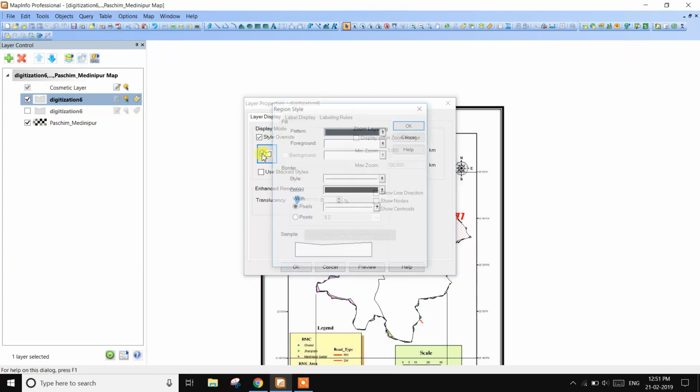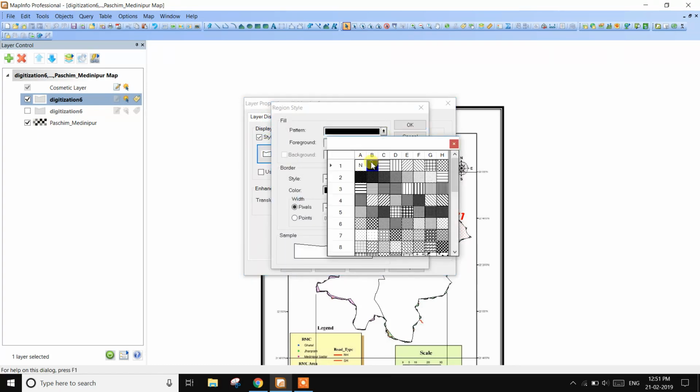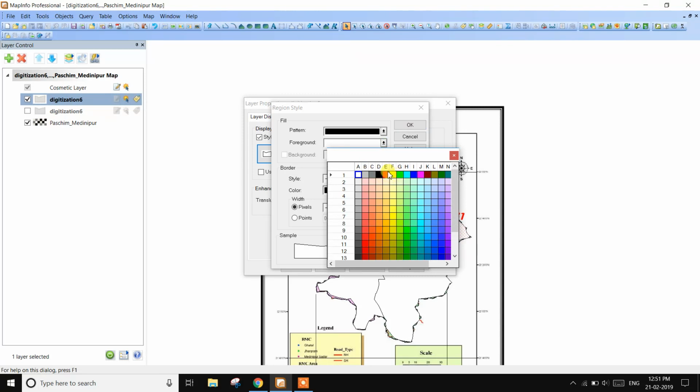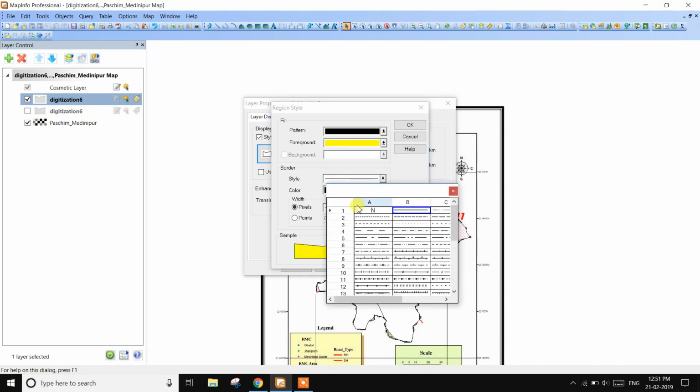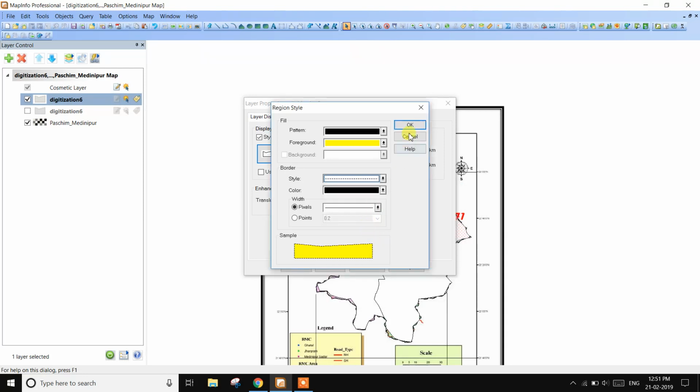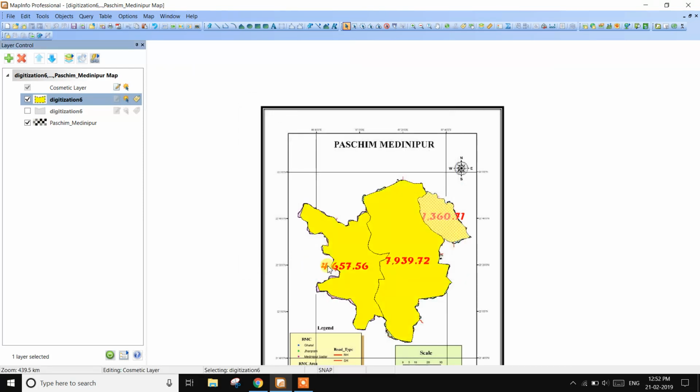Set the border style, then OK. The area of the three polygons is calculated automatically and labeled in MapInfo Professional Software.